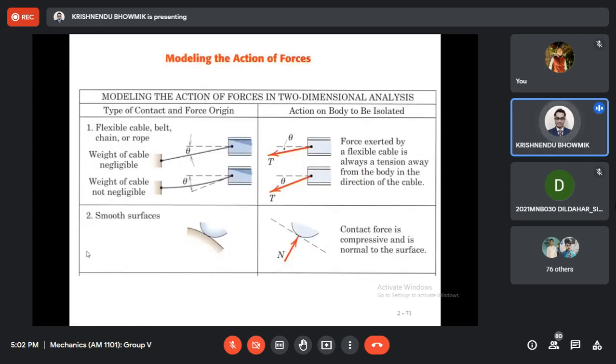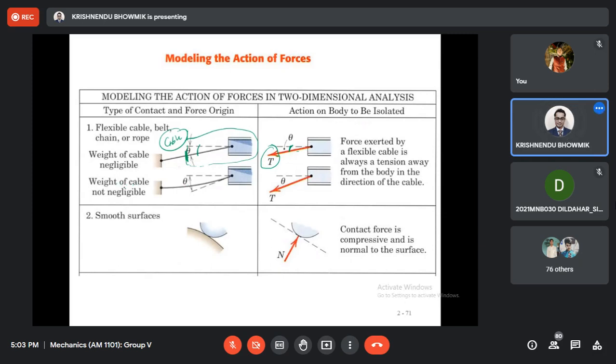Now there are some very simple problems for the free body diagram. We'll do some examples. So this is the body. I want to isolate here, this way. If I isolate, this is the cut boundary. At the cut boundary, this is a cable. A cable can take only tensile force. So along the cable line there will be one force, which I have represented by T. And this theta is given from the geometry. I can draw the free body diagram like this. This is the correct free body diagram.